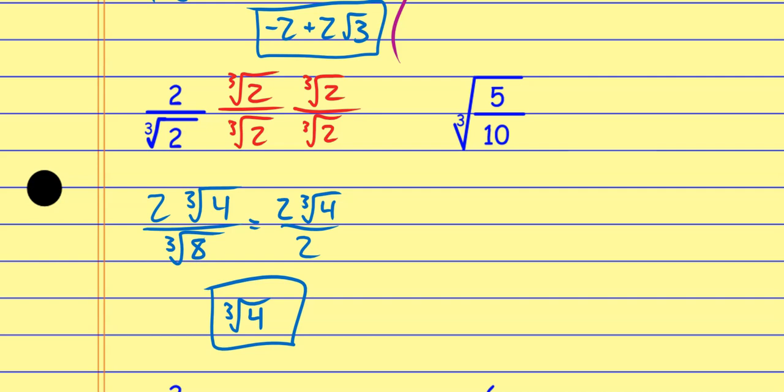If I look at the next one here, I have the cube root of 5 over 10, and what a lot of students do is they'll do this. They'll go cube root of 5 over the cube root of 10, and then they'll start looking to rationalize that denominator of 10. But remember, you should always simplify first. And if you look at this thing, you can simplify the 5 over 10 by writing it as a 1 over 2. Isn't that the same thing as 5 over 10? And now if I split this up,